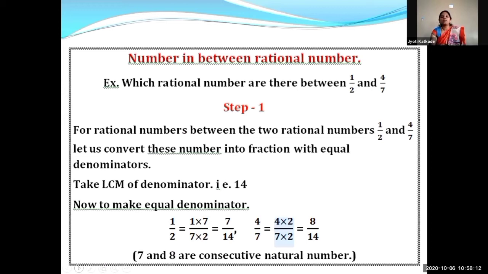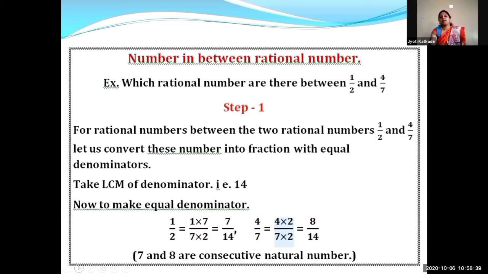Now our numbers are 7/14 and 8/14. 7 and 8 are consecutive natural numbers. Means 8 comes after 7. We can't find numbers in between 7 and 8. But if we take the equivalent fraction of 7/14 and 8/14,